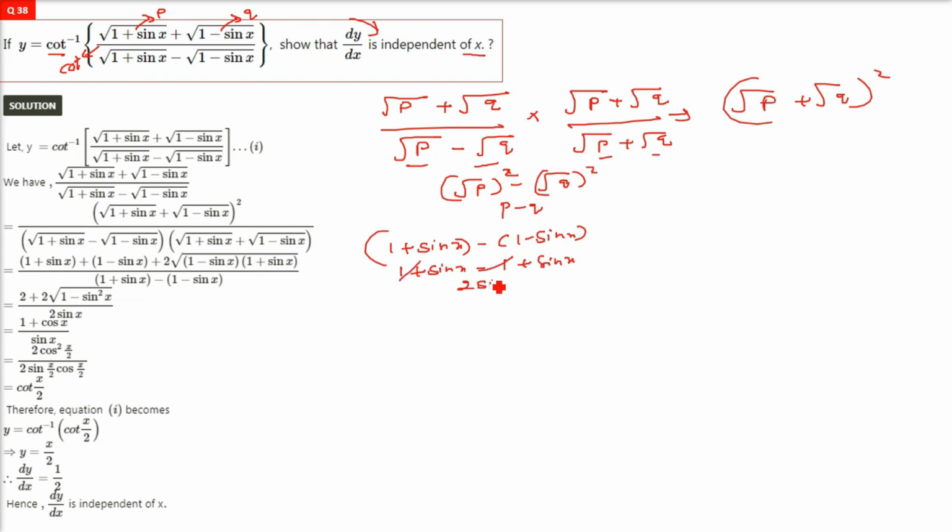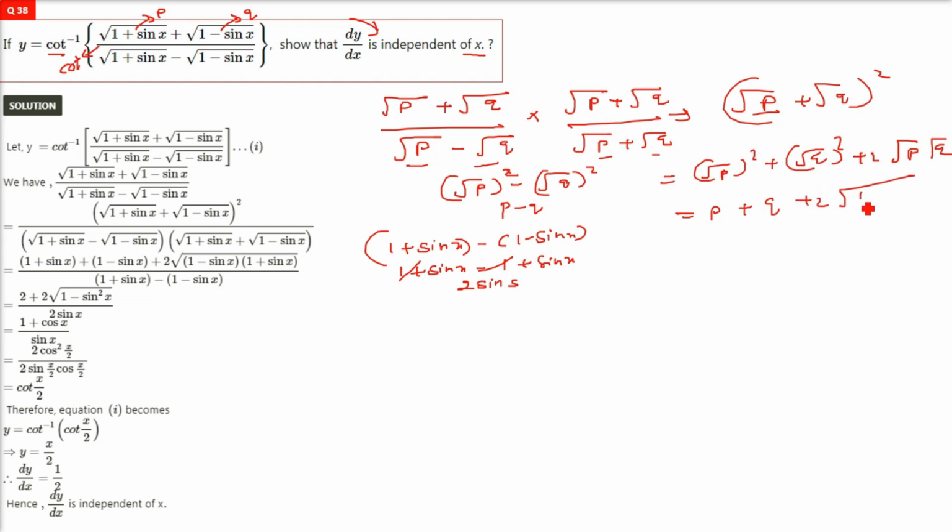We'll use this denominator in a short while. Let us resolve the numerator first. So it is (under root p plus under root q) whole square. (a plus b) whole square. So (under root p) whole square will be p. (Under root q) whole square will be q. And that's twice of under root p into under root q. So p plus q plus twice of